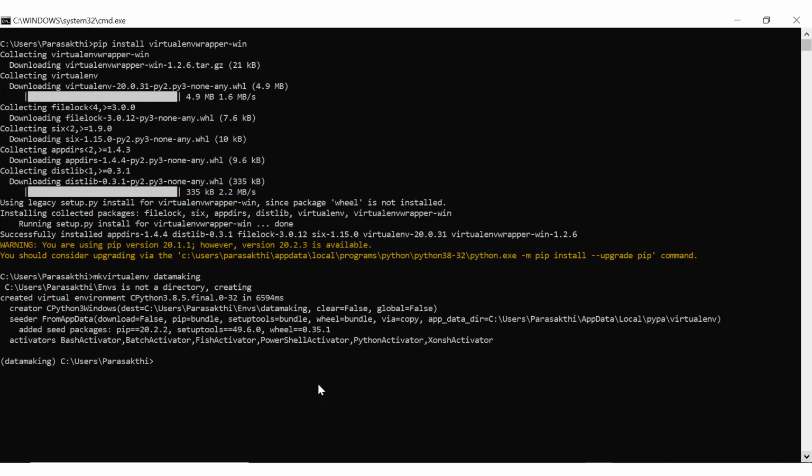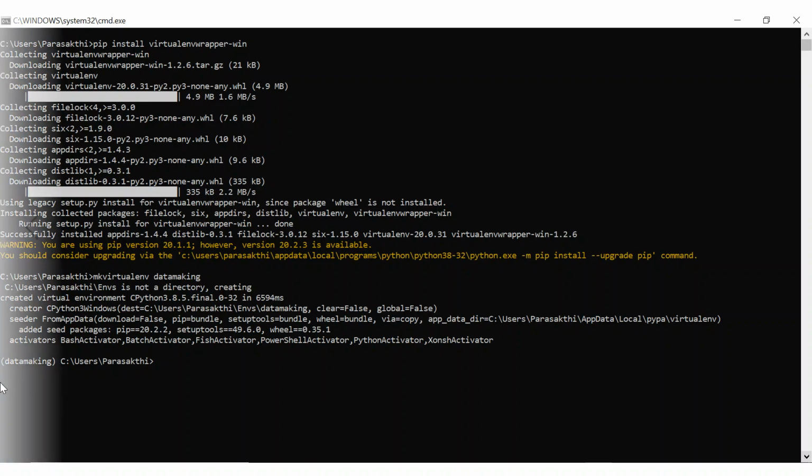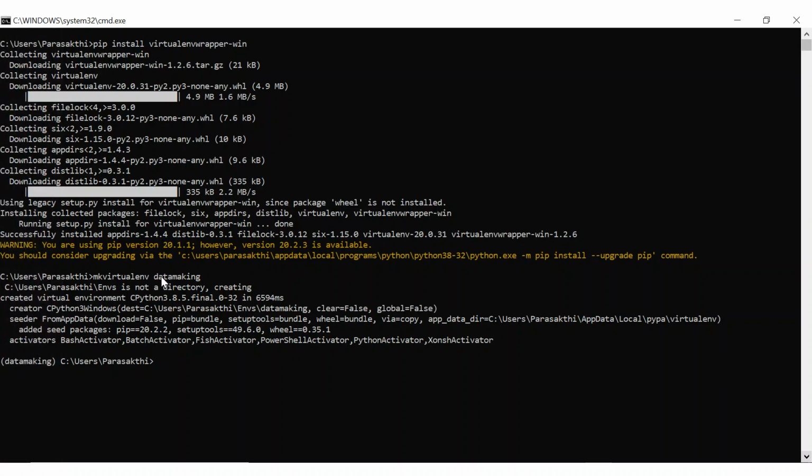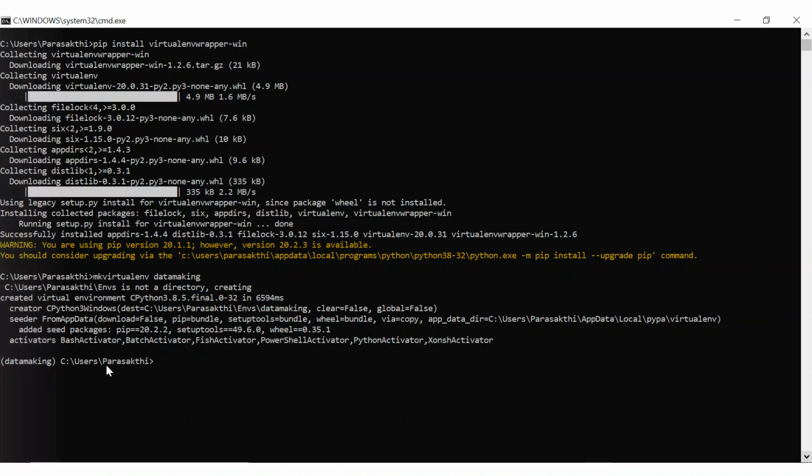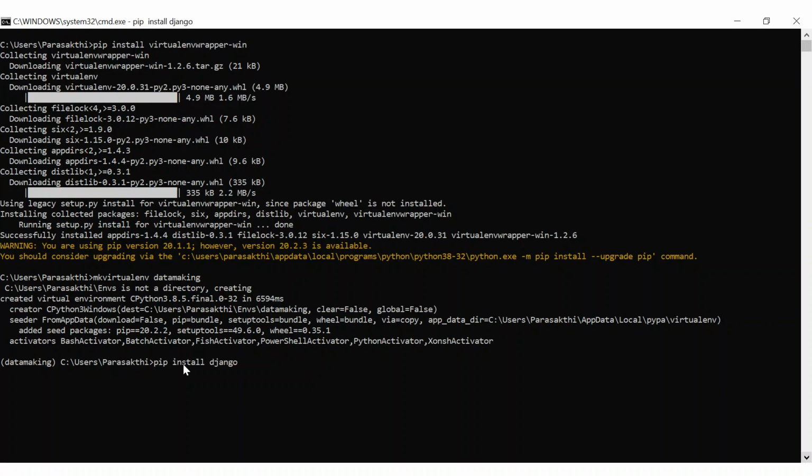Also, you see the command prompt: before creating the virtual environment, it was not showing anything. Now it shows datamaking in brackets followed by the path. Now we can go and install Django. To install Django, we just say pip install django.